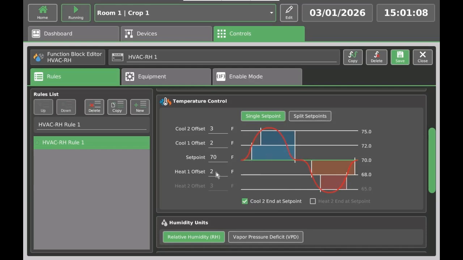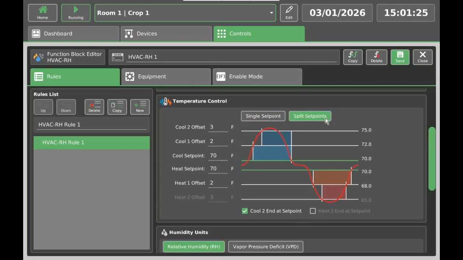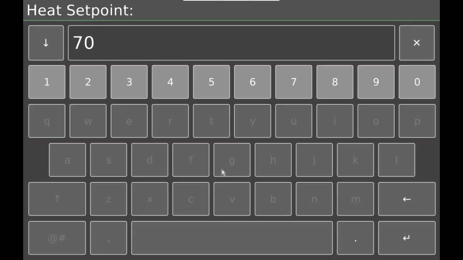Now in this case, I only have one heat offset value available to me because I only enabled a single heat stage on my equipment tab. So I've got an offset of 2 degrees, which will start that at 68 degrees, and again attempt to get back to 70. If I want, I can enable split set points, so that I can have a different set point for my heating and cooling,